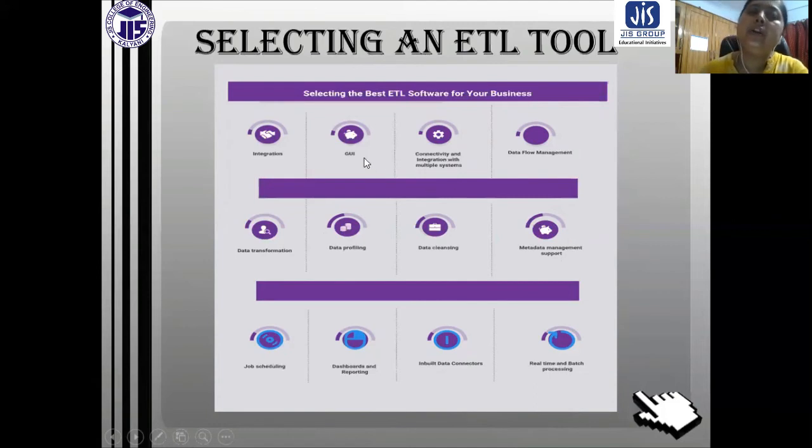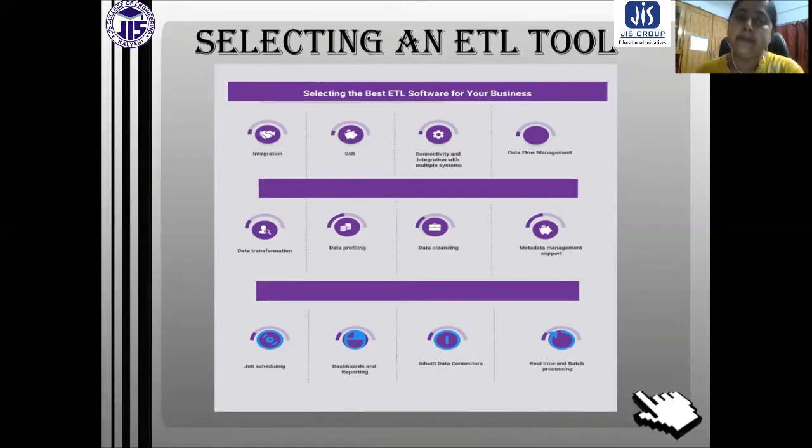We also need to look at how job scheduling is performed by the software, and whether the dashboard and reporting are user friendly and convenient. Inbuilt data connectors are also very important, and so is how real-time and batch processing will work.